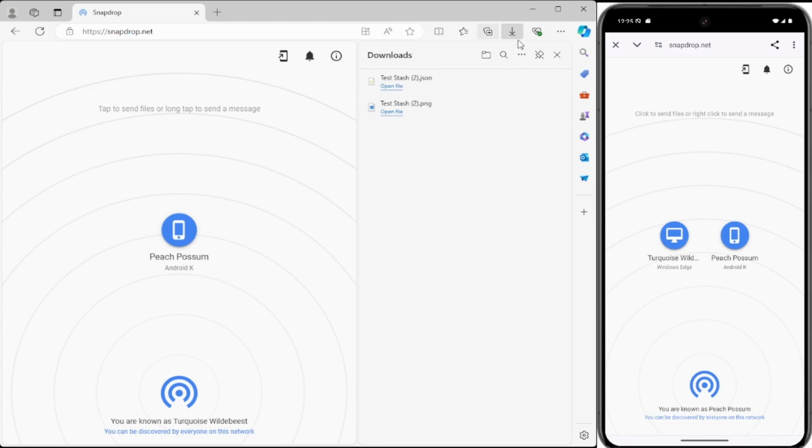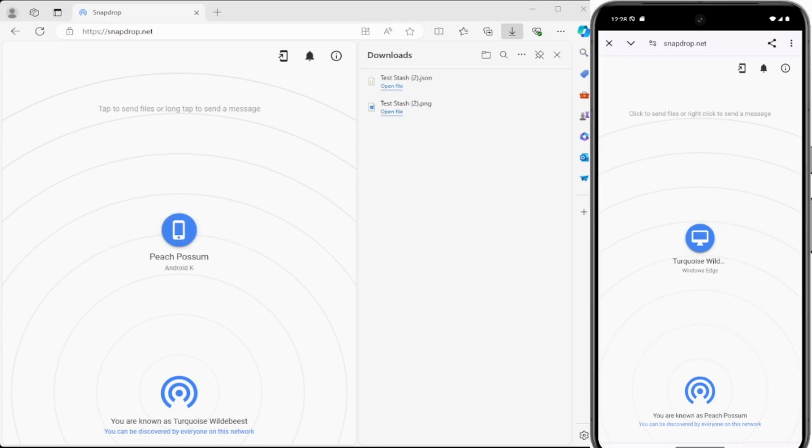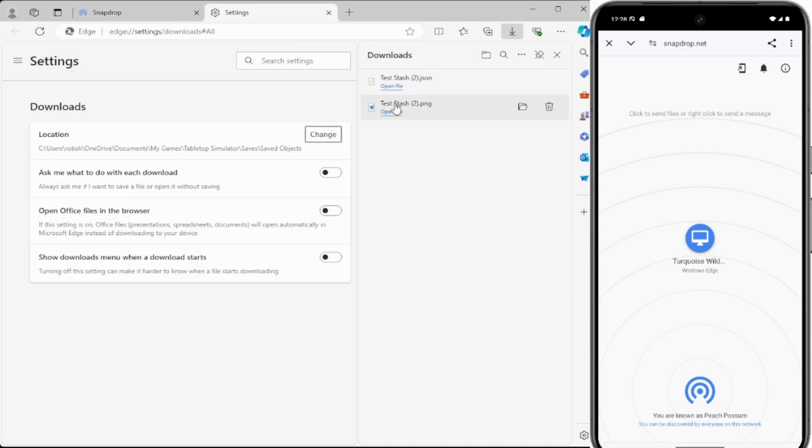Another thing to note is that, as you can see here, I already had a couple files with the same name, so it's showing up with a 2 beside, but we can see that the files transfer correctly. So one more thing quickly I want to point out is that within your browser, you're going to want to go into your download settings, and as you can see here, this is the path you're going to want to either manually transfer these files to, or as you can